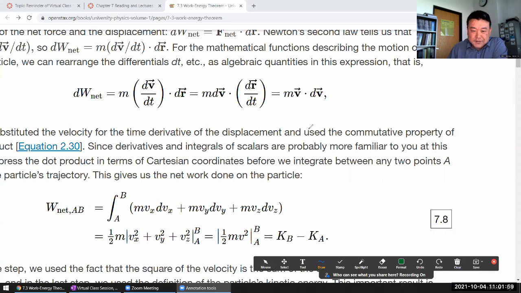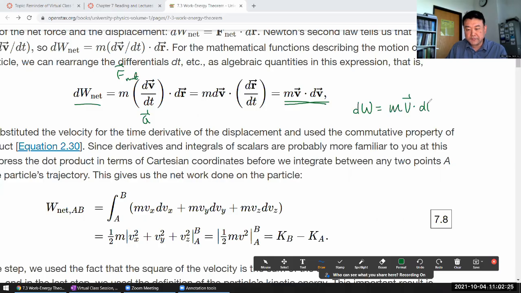This is the expression that comes from just saying, so this being acceleration, this whole thing is the net force. So it's a net force, the product with the displacement. So you have this infinitesimal differential. So you have dW is